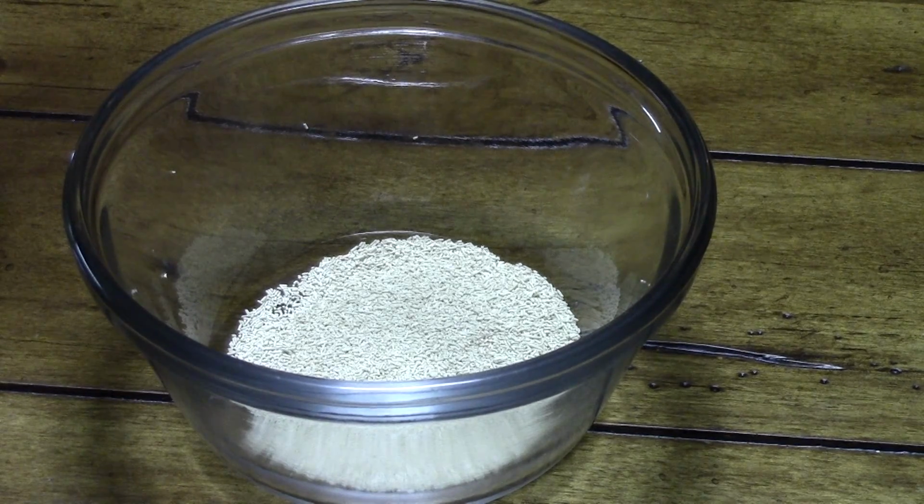So the fermentation process, which I will show you in a later video as well, you'll be able to see the carbon dioxide escaping from the fermenter as these yeasts go to work. So that's our ingredients overview,